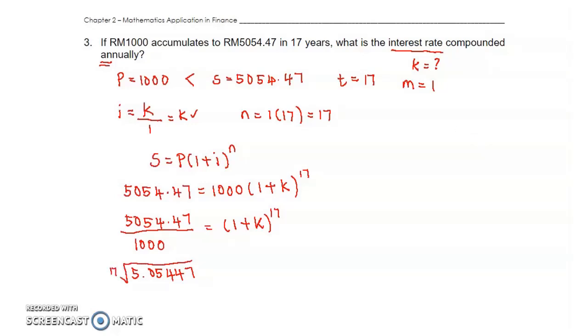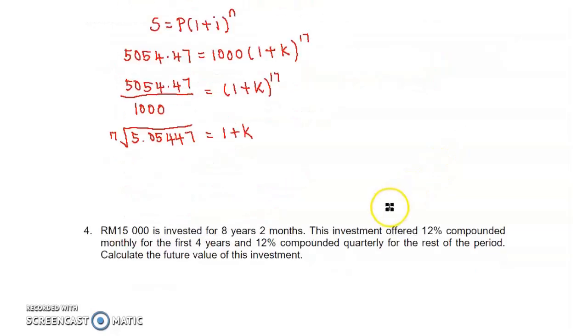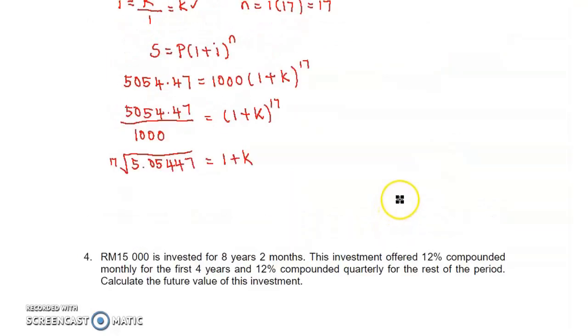Okay, so on the right-hand side you have 1 plus K. So bring positive 1 to the left-hand side: the 17th root of 5.05447, then minus 1. So on the right-hand side you have K. So press the calculator, K equals